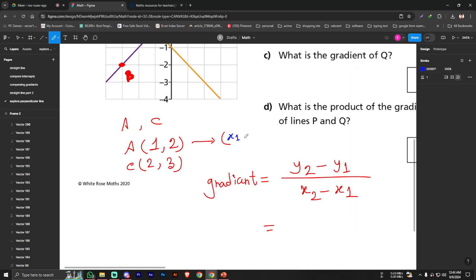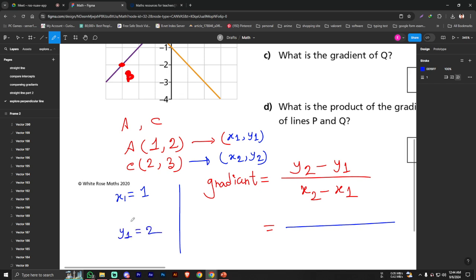This is x1 y1, and this one here is x2 y2. Now we just put the values. If you want to write down on the side, x1 is 1, y1 is 2, x2 is 2, and